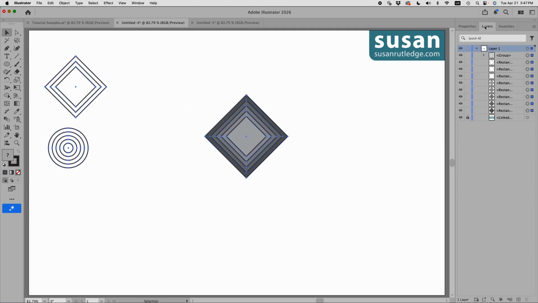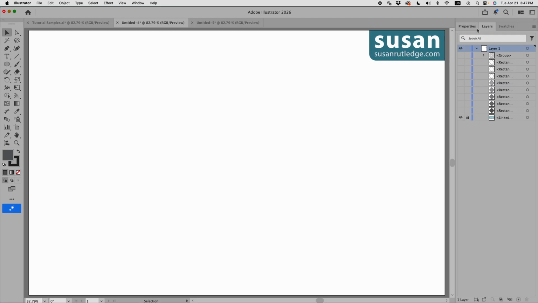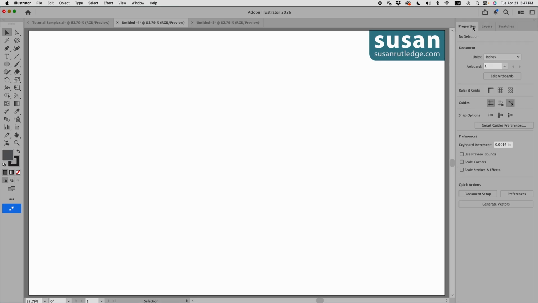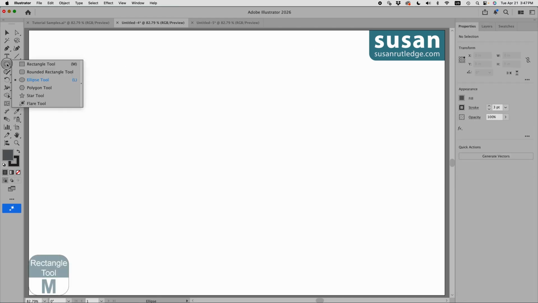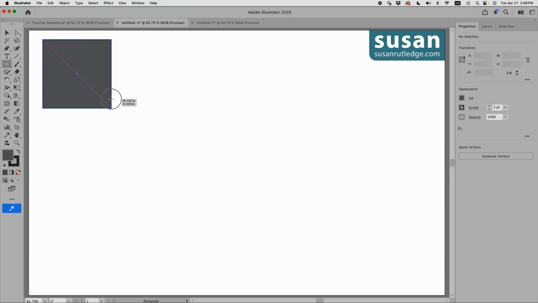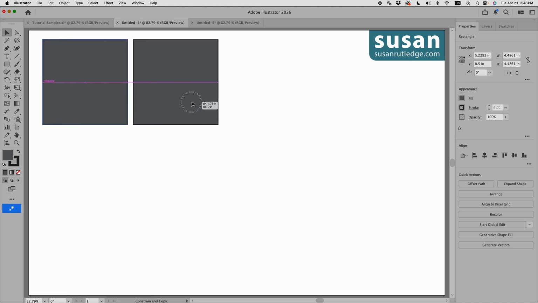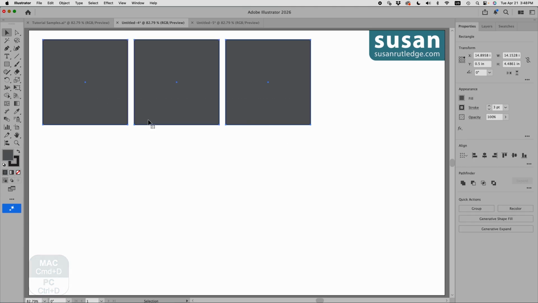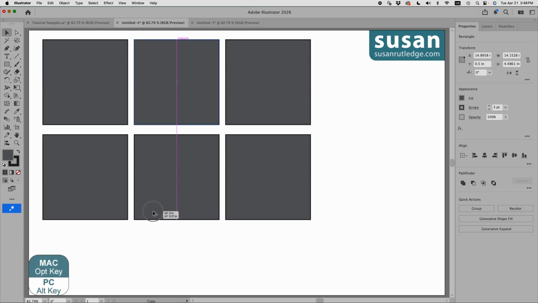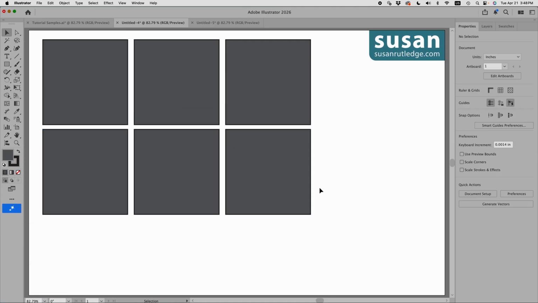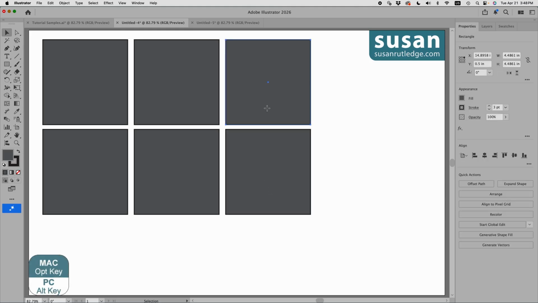I'm not going to delete them quite yet, so we'll just hide the different layers, and then I'll get the rectangle tool and let's just drag out a square. Then I'll hold the Option key down so I can make a copy, and then Command D to duplicate that, and then back to the Option key to make some copies, and one last